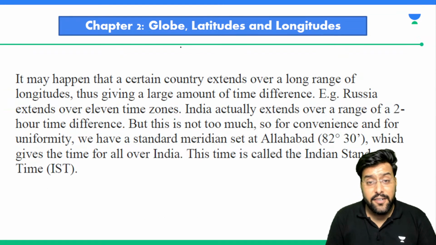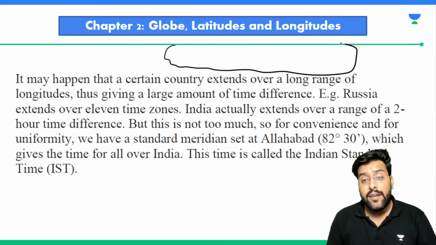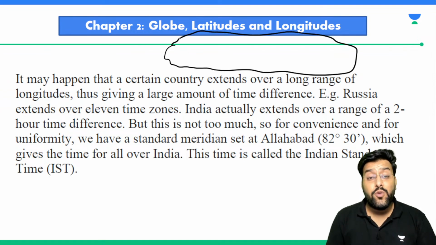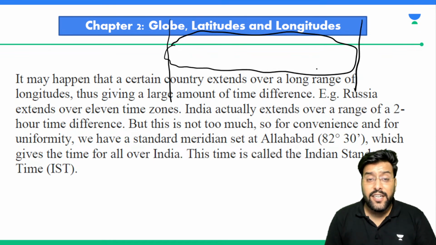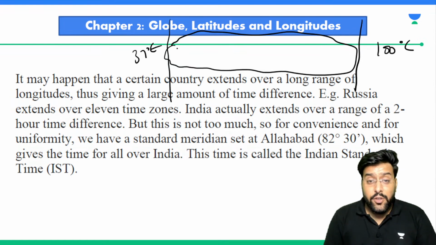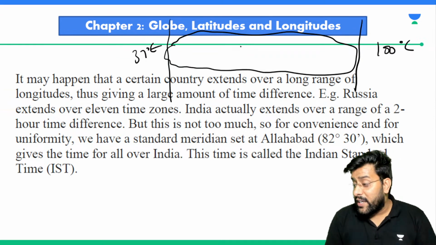Russia is a nation whose extent is much larger when it comes to horizontal extension. So Russia somewhere starts from 37 degree east and goes up till 100 degree east. So this entire variation,